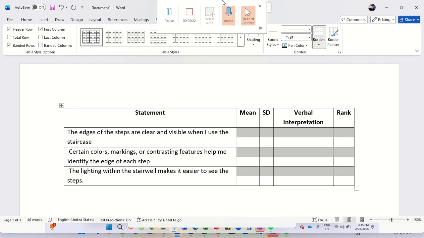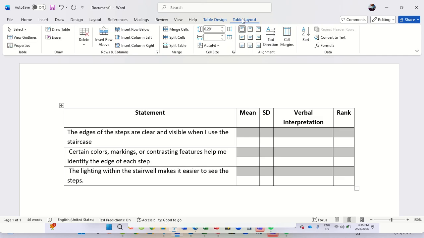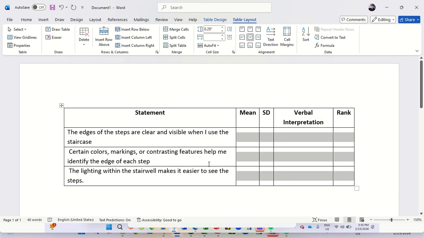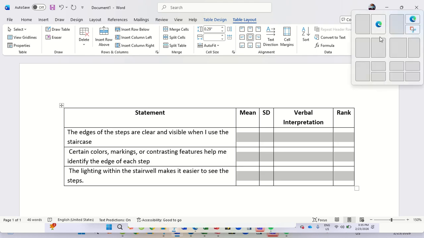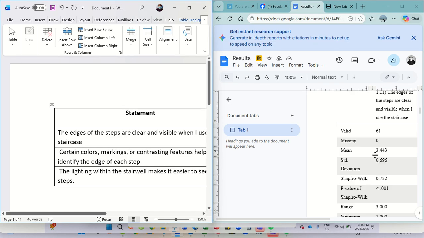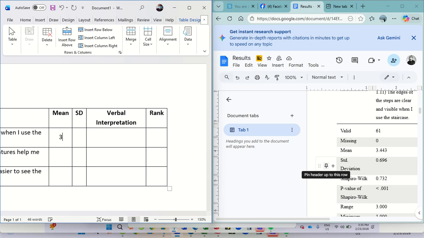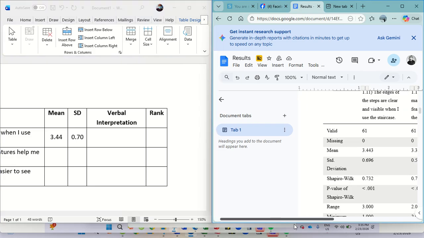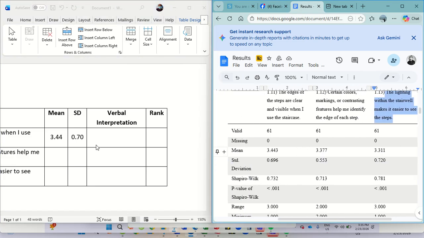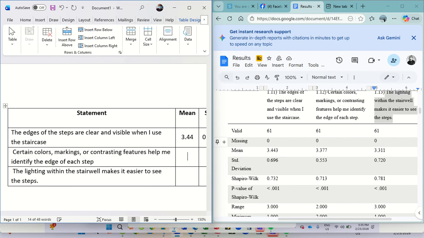Now you look at now table layout. Table layout, you need to put it here so that the idea would be in the center. Now it's much easier now to look at that. So you have now 3.44 and then with standard deviation of 0.70. Let's talk about later the interpretation because it depends upon the scale. So this one would be 3 point. As you can see, this is the mean and then this is the standard deviation.